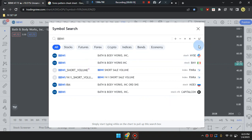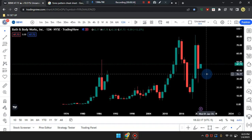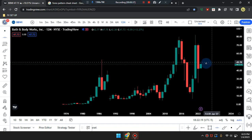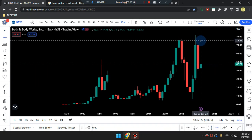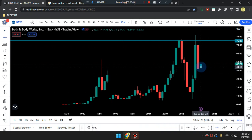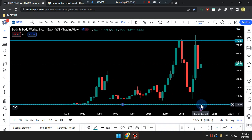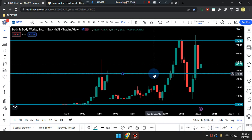BBWI. We are on the 12-month time frame. Price action, last candle to the right-hand side is a bullish green candle, very small, inside the second and third. The last candle was creating that consolidation. We do have price action overall, higher highs, price action overall, lower lows,